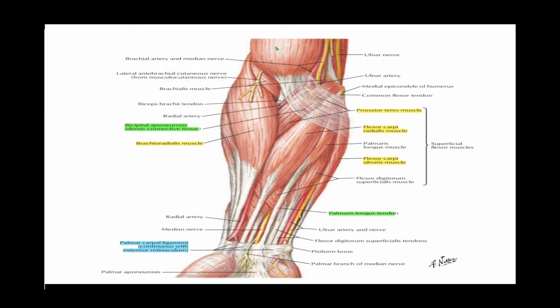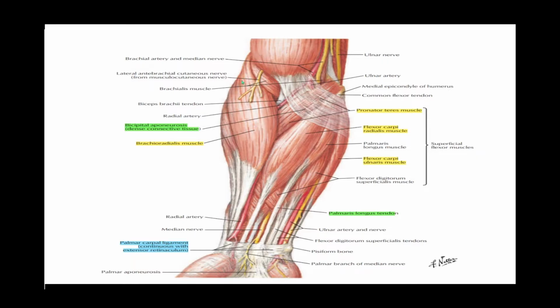So let's start. Looking at these two parts of the arm, we could see the biceps brachii, which we mentioned in one of our previous videos. We can see this muscle, that's the brachialis muscle, which is deep to our biceps brachii. So biceps brachii and the brachialis muscles are muscles of the anterior compartment of the arm. And then looking at the forearm, we have the brachioradialis muscle, and we can see that it appears to be coming from the lateral